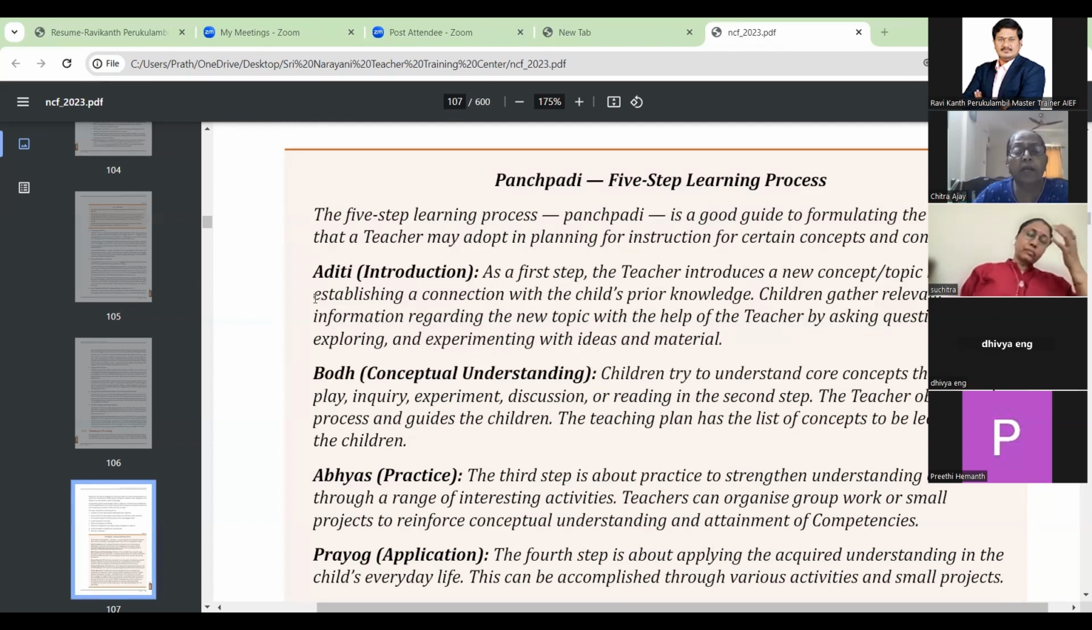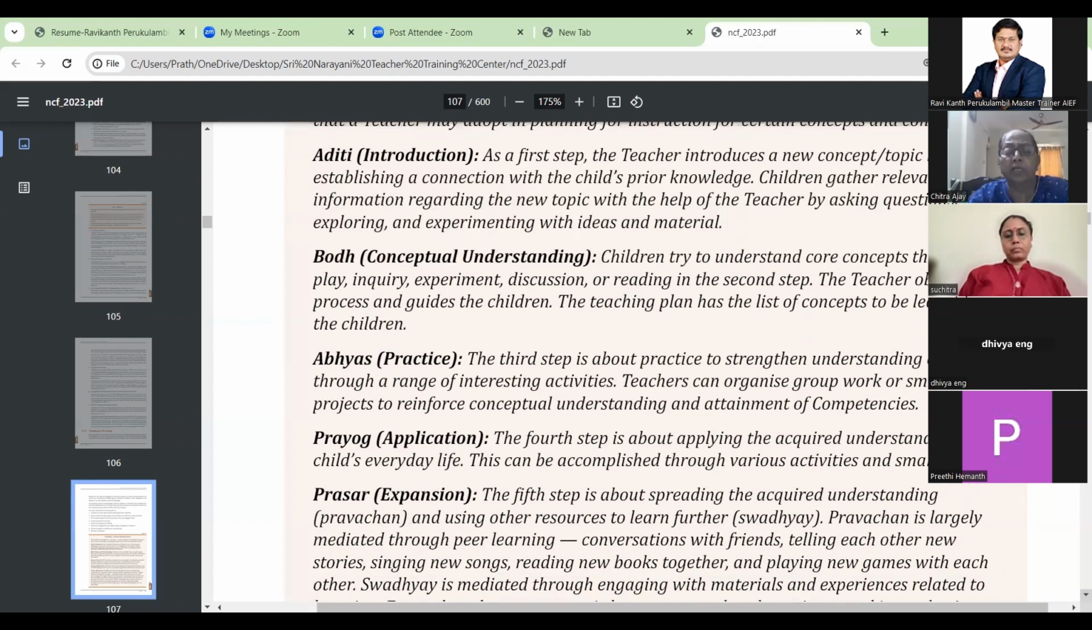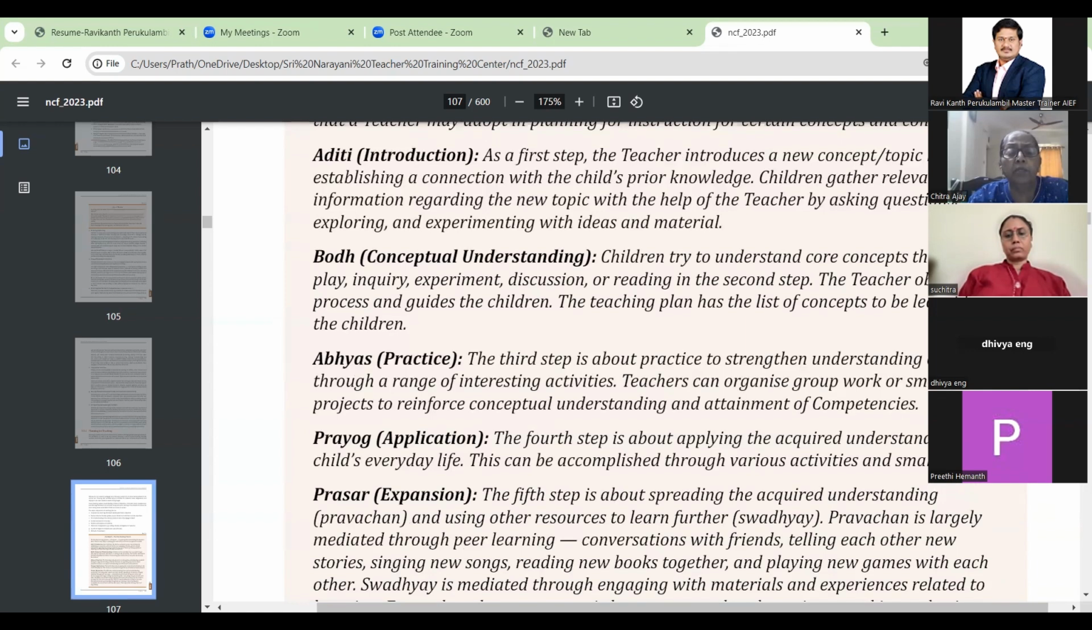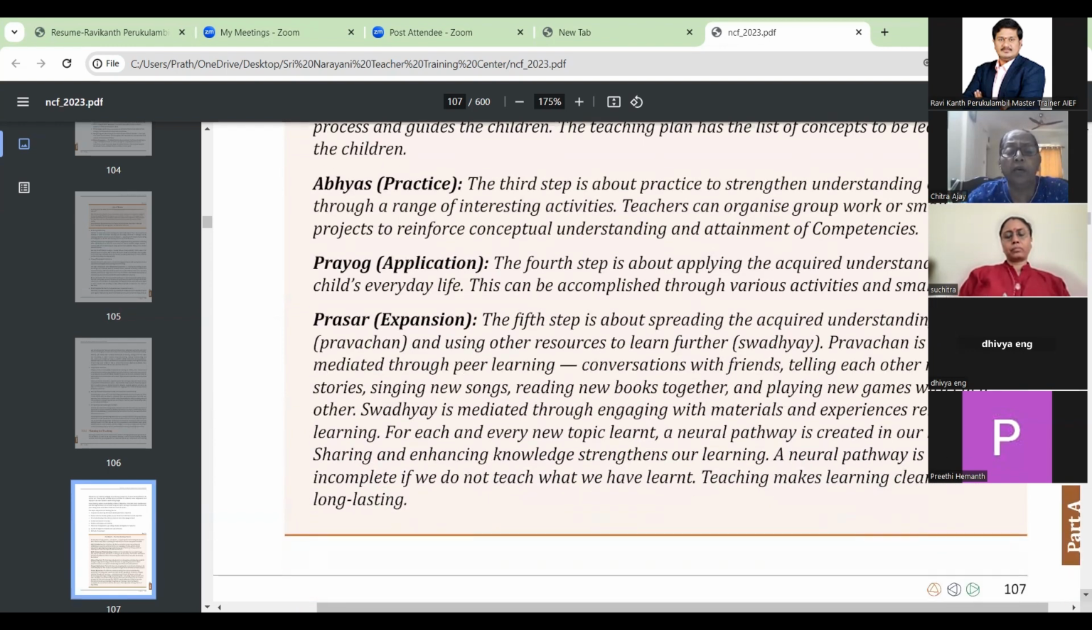The teaching plan has a list of concepts to be learned by the children. Abhyas, that is practice. The third step is about practice to strengthen understanding in the child's everyday life. This can be accomplished through various activities and small projects. Then prasar, expansion. The fifth step is about spreading the acquired understanding, pravachan, and using other resources to learn further,